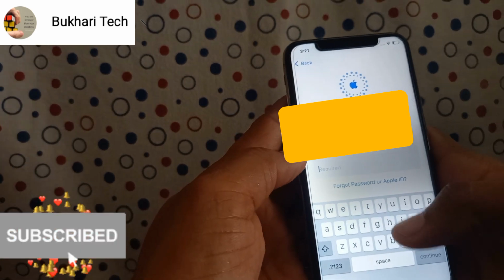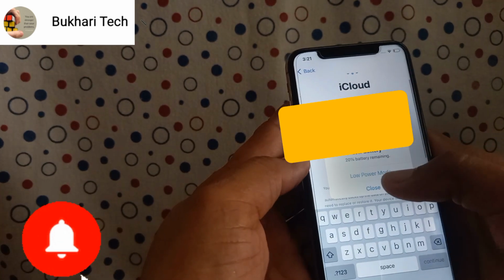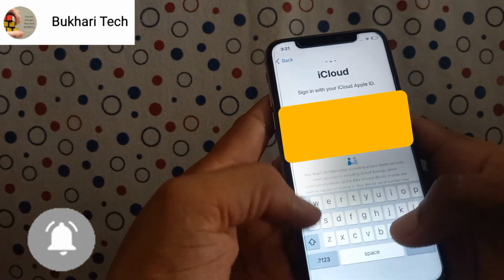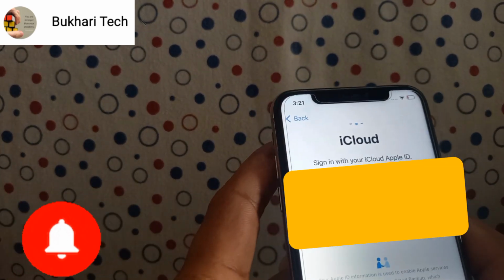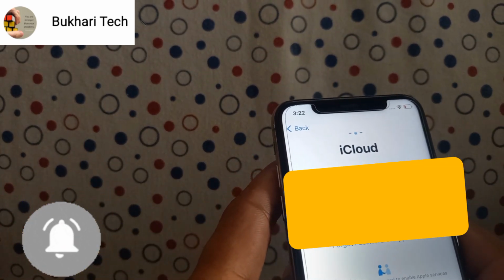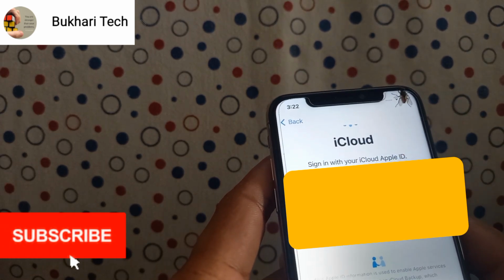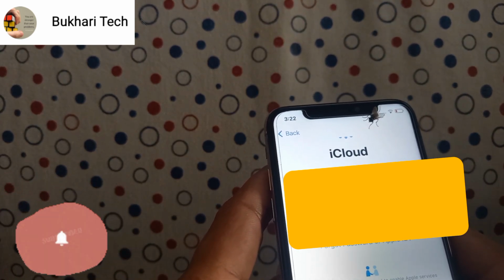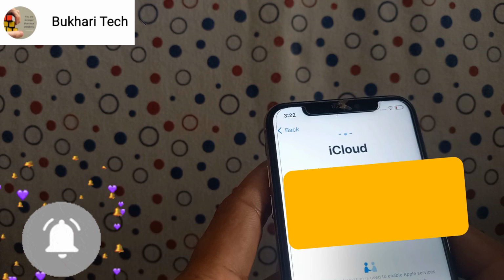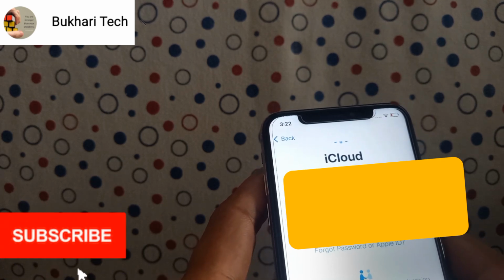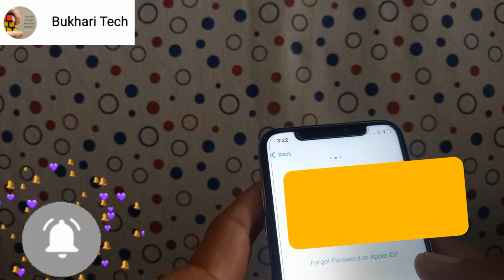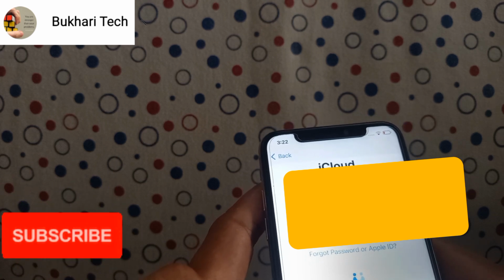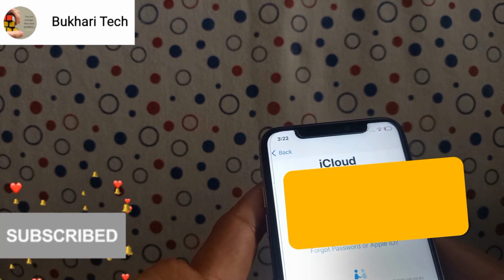Now tap your password. When you have typed the password, tap on Continue.